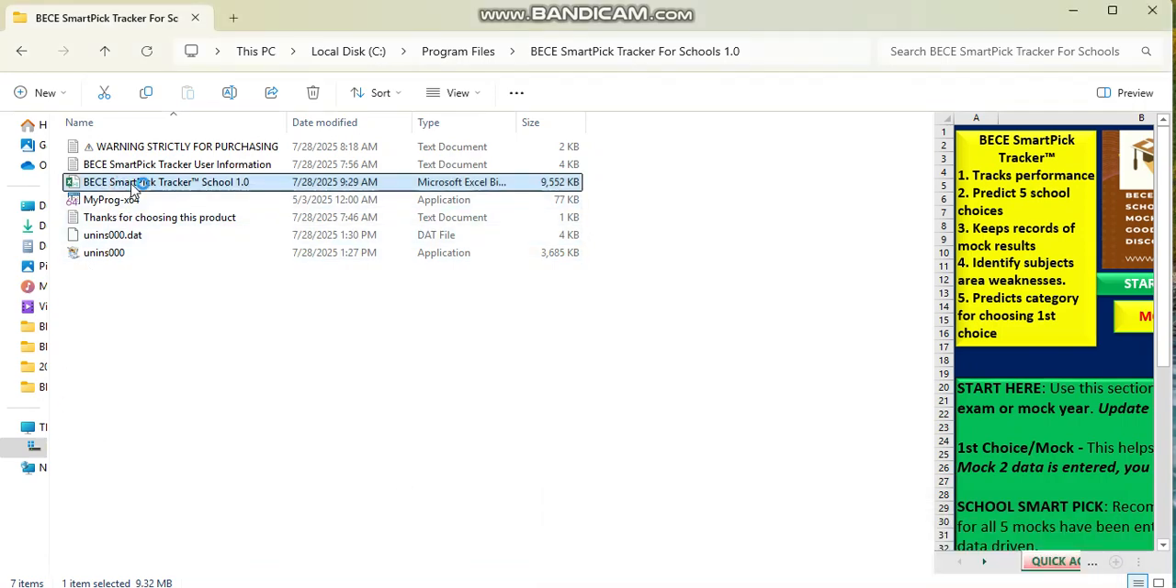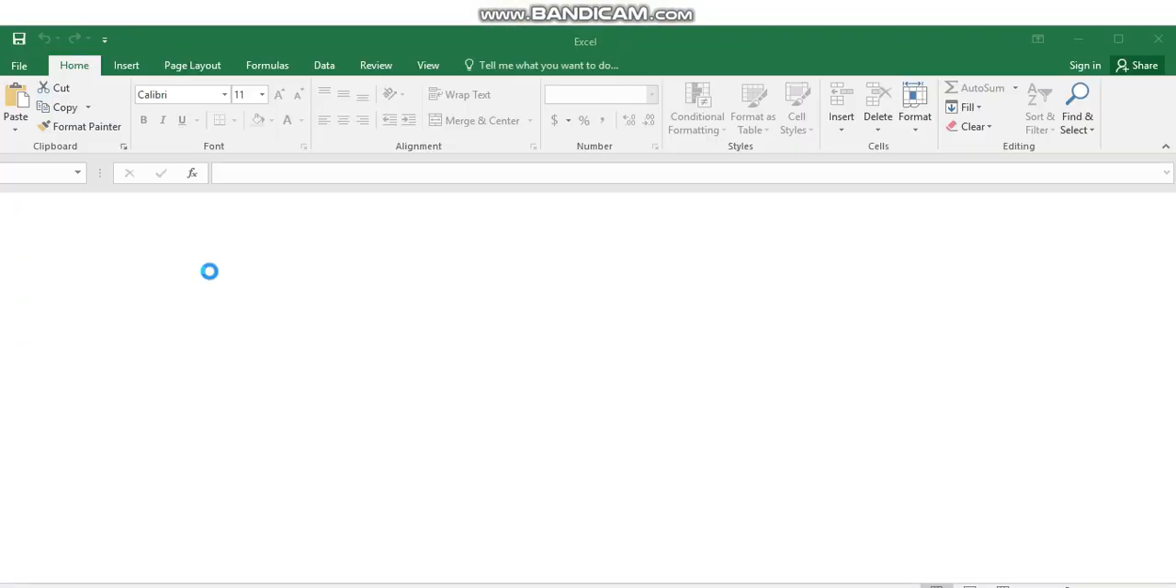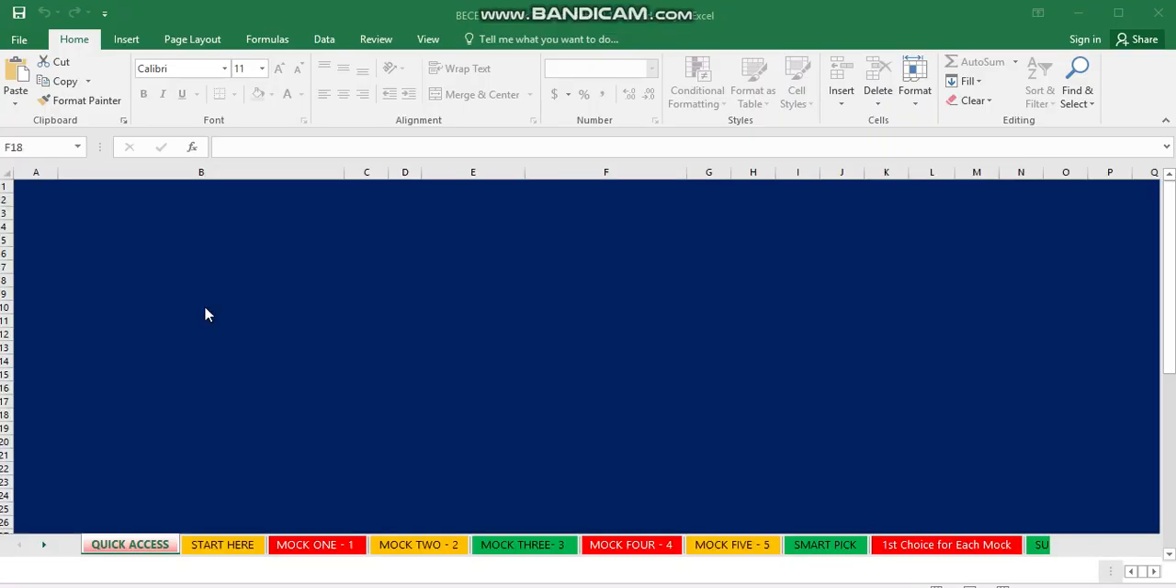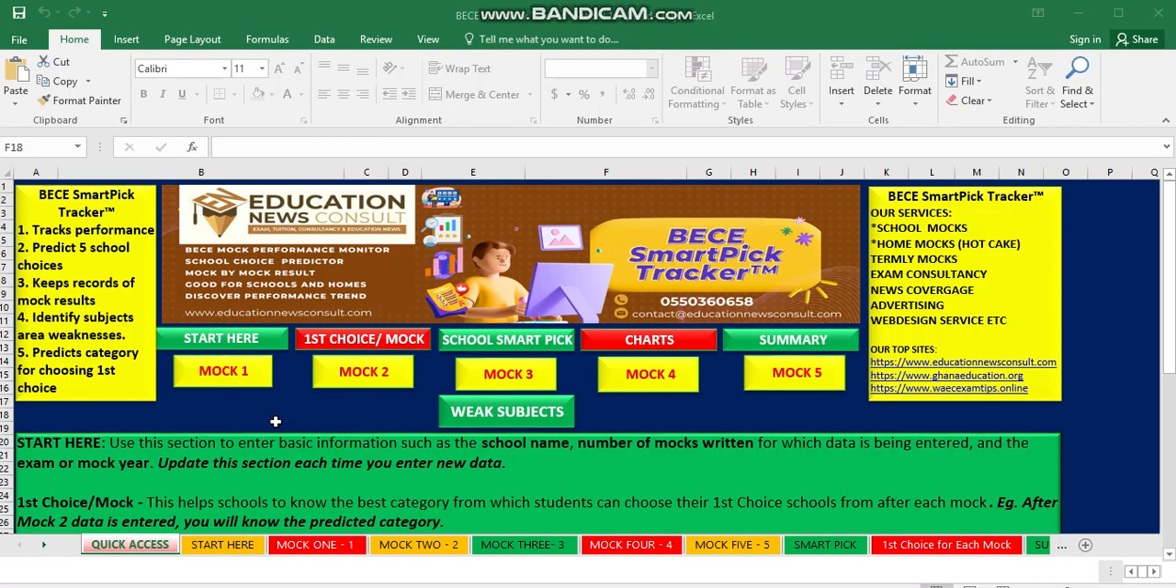Now we are activating the tracker. It takes a few seconds to load, and then we can proceed to make good use of it to help at home and in schools and ourselves as we make informed choices. Now, the tracker has loaded,